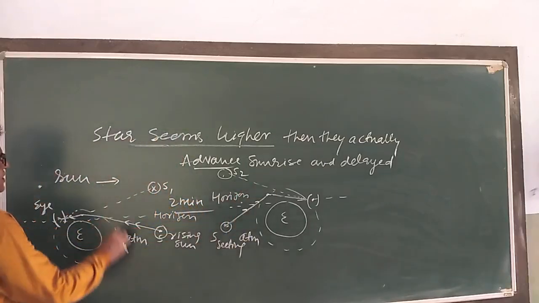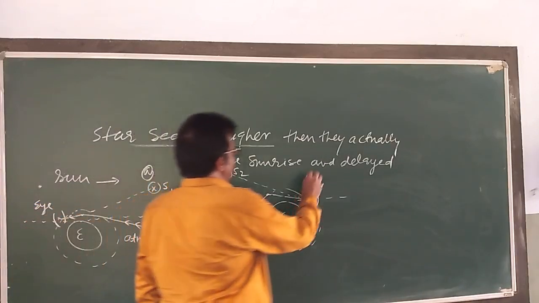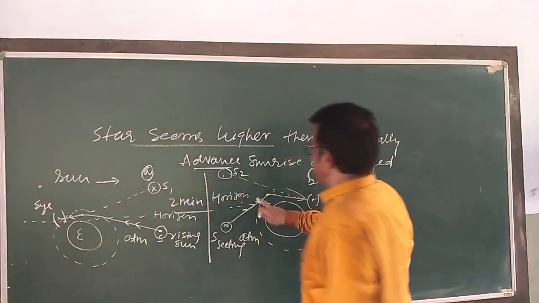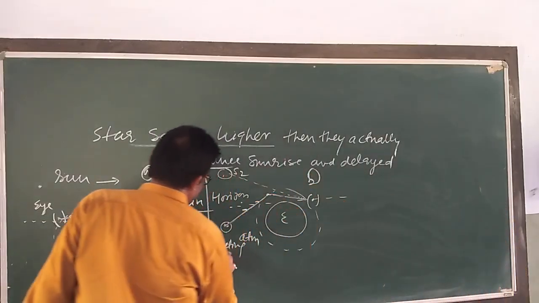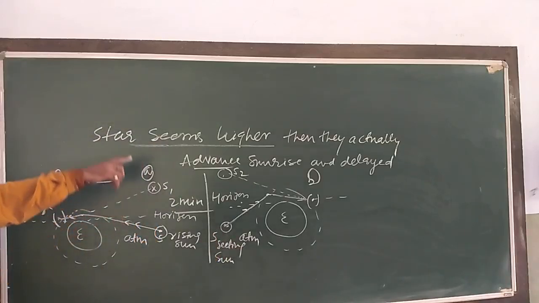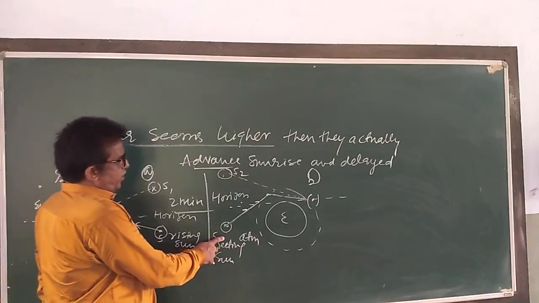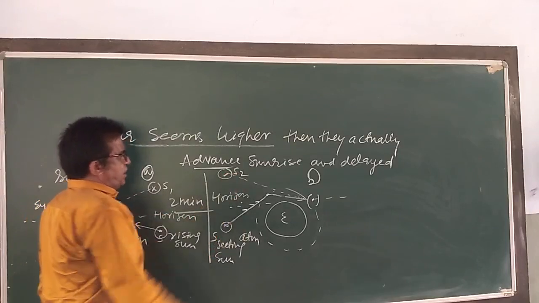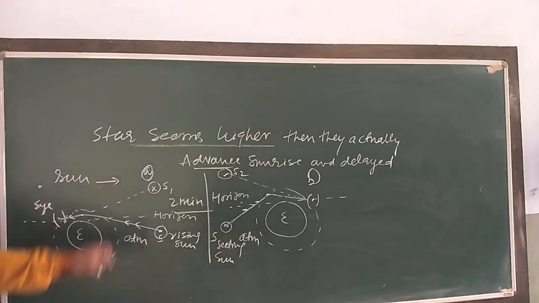This is our figure number 1, A, and this is figure number B. The sun is below the origin here. This is the setting sun. Draw the figure. The sun S, which has already gone just below the origin, appears to be at S2 due to atmospheric refraction. Again, the difference in time involved is 2 minutes.